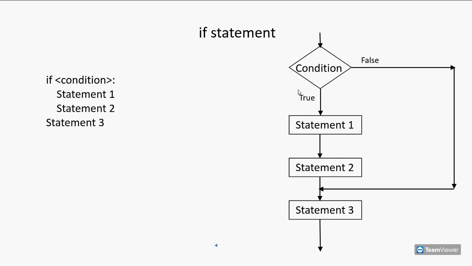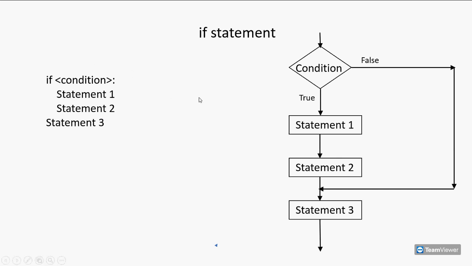So this is the if statement. On the left hand side here we can see the syntax. There is a condition which is followed after the if, after which there is a colon. Then some set of statements come under if which are existing after indentation. So these statements are inside the if. And there is statement number 3 which is not with the indentation. Therefore this is lying outside if.